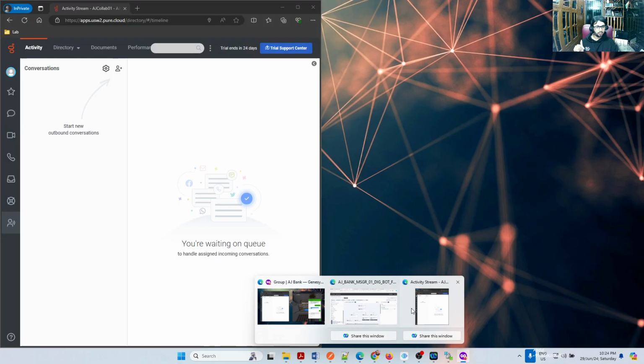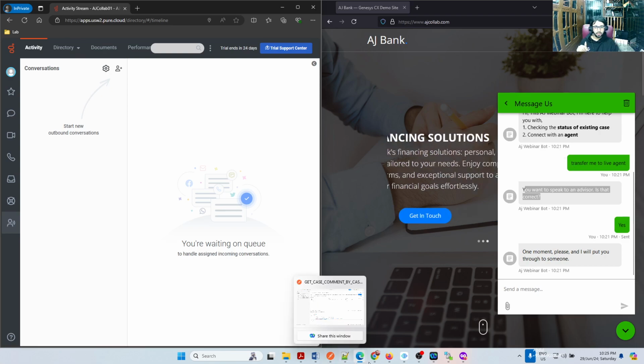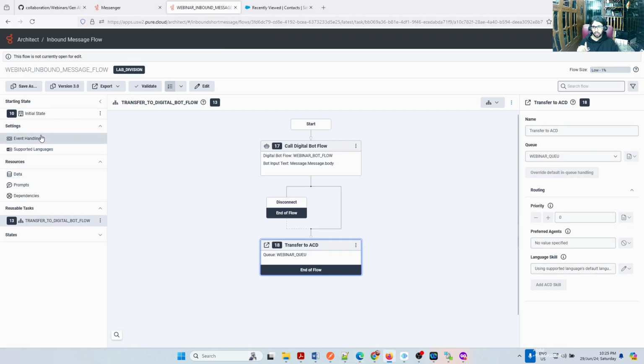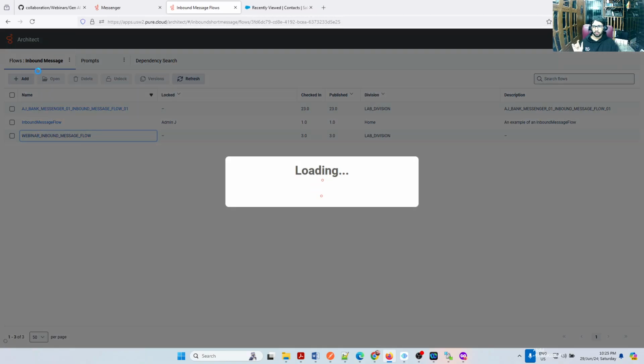But I still don't understand why the exception triggers in the first place. It shouldn't trigger because our language inputs are fine. I'll also update a few more intents in this, this is our message flow. At 10:30 we will wind up, we will stop for our break. Another 5 more minutes. Webinar message flow, sorry, I need to go to digital flow.